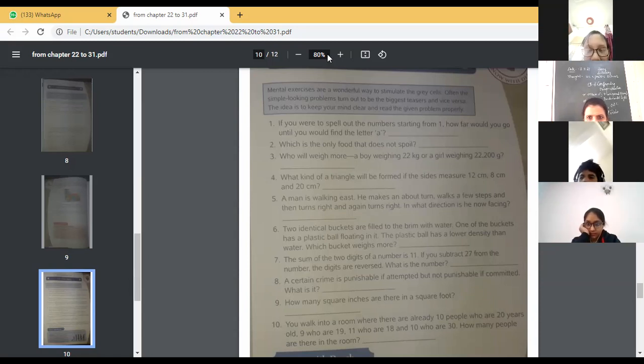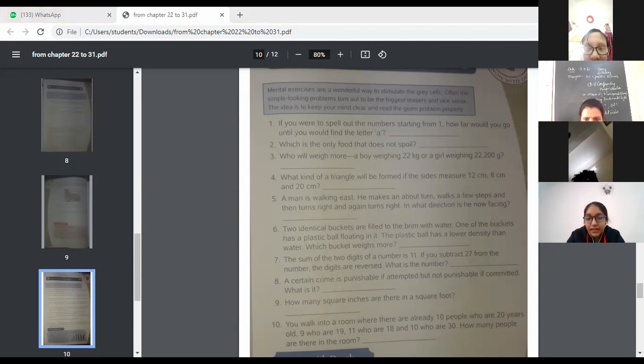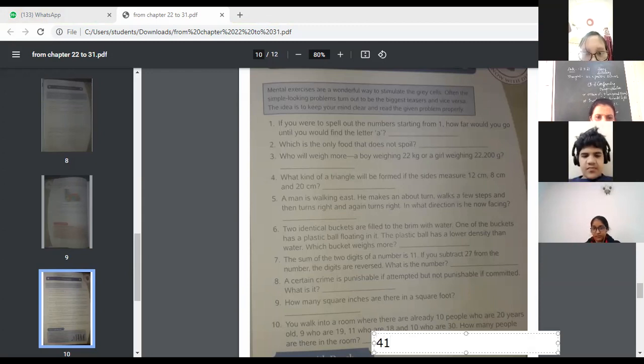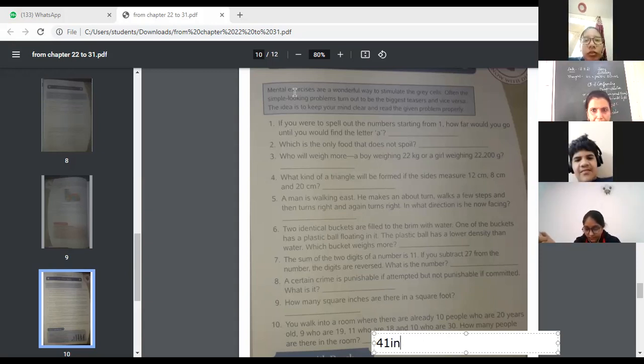So I hope you can tell. Ma'am, add all the 40 people, plus 1 us. Yes, this is 41. Already 10 people, 9 people, 11, 20, 30, 40, and including us, it is 41. Okay. You can write down 41 including us. Otherwise, there will be confusion about how 41 are there.